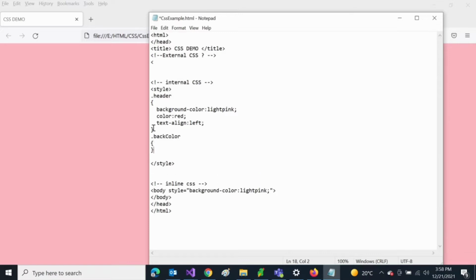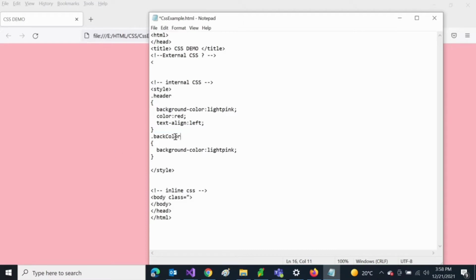writing the external CSS. Before that, to distinguish between the internal and the external, let's have a class written in place of the body inline style, called back color. So let's do that. The same will be done in the external CSS, sorry.